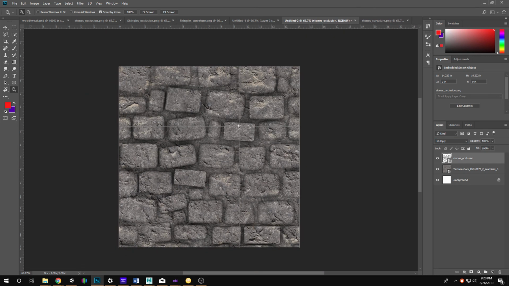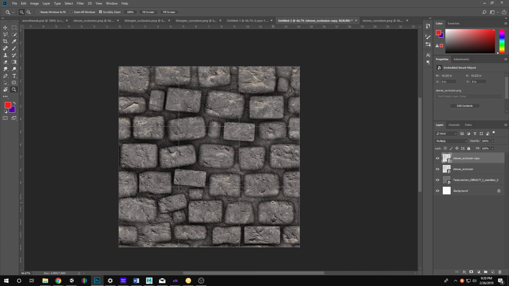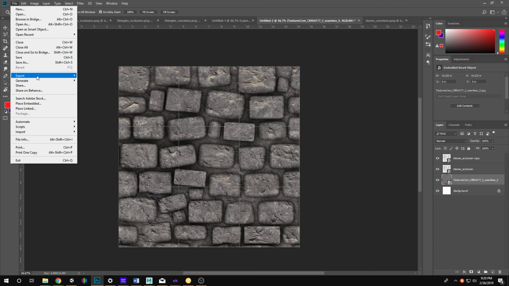So we got something. But we want to push some depth on this. We want to make it look really, really nice. And so let's see what we can do. I'm going to actually duplicate my multiply to see if I can push those back even further. And let's actually place